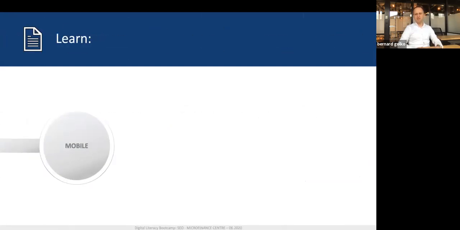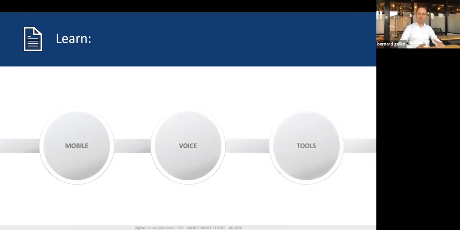Next thing will be SEO for mobile, for the new channel that is voice and the voice assistants. I'm a big fan of this technology in particular. We'll go through the tools proposals, not only the tools that you need to pay for, but also a couple of free tools that I would like to recommend to you guys, that you can easily set up and start working with on your both e-commerce and